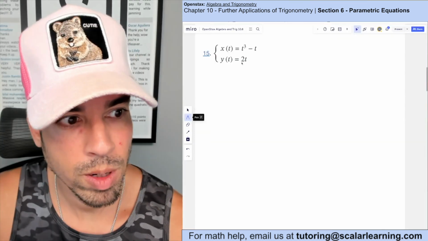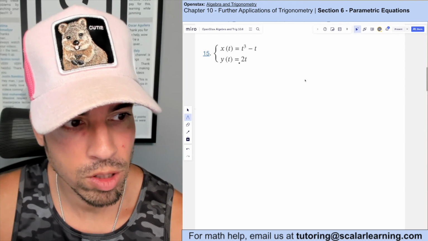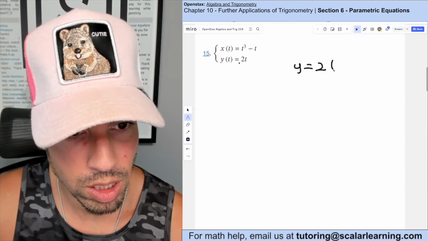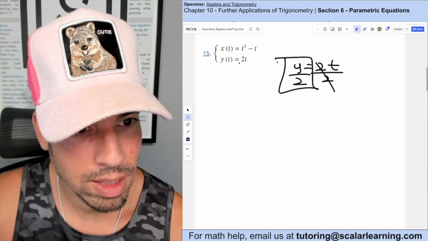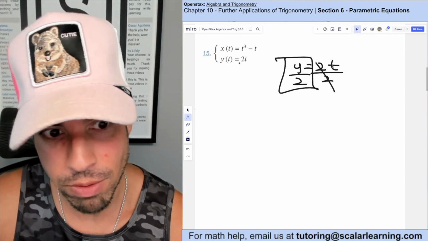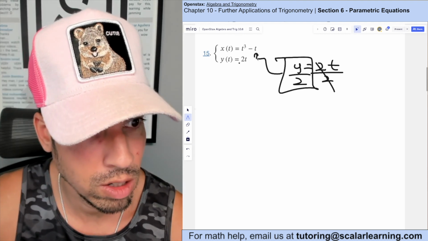Done. For this one, we already got this one almost isolated, so I'm going to start with y equals 2t. Of course, we're going to isolate t, divide both sides by 2. Boom. Now I got this nice value or expression for t, so let's plug it into t here and here